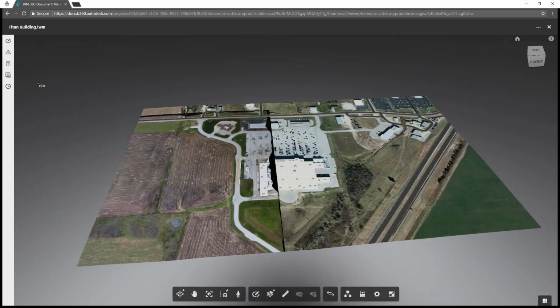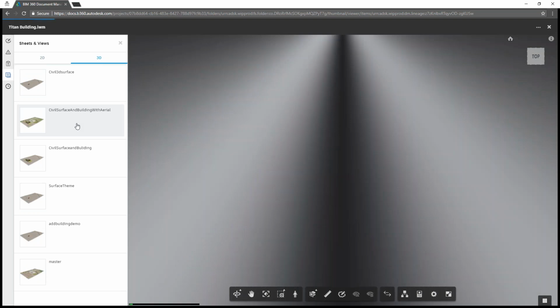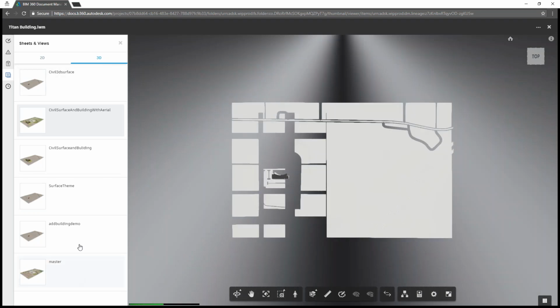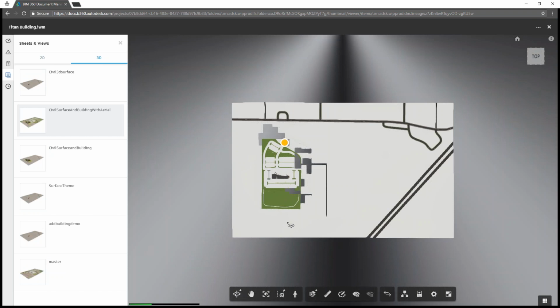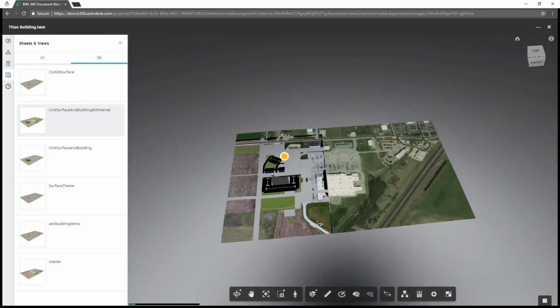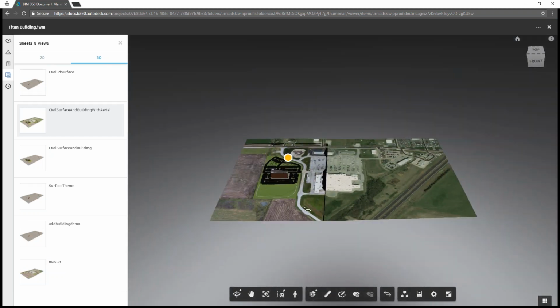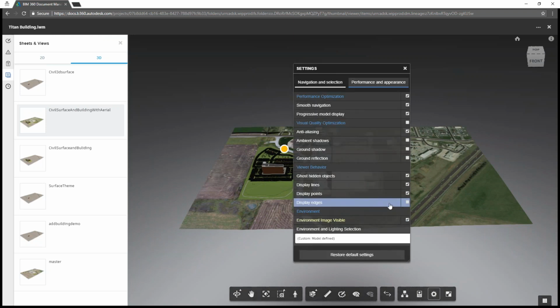But just from a navigation standpoint, I could jump to the proposal that I want to open. And these, like I said, are all proposals here. And I can navigate around on this model. One of the first things you may want to do, if you're really used to using Civil 3D and InfraWorks, is jump into settings. I hit the little gear icon over here,